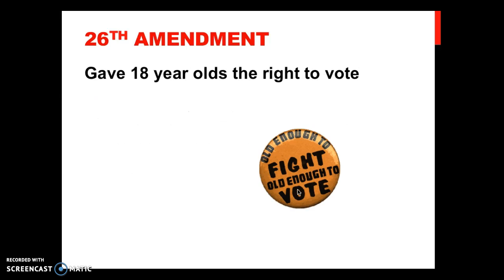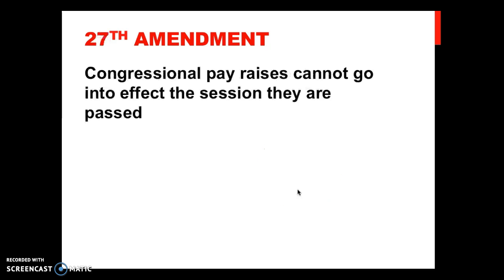26th Amendment, this came out during the Vietnam War. This basically gave 18-year-olds the right to vote. 18-year-old men were getting drafted to go fight the war in Vietnam. So the old theory was old enough to fight, old enough to vote. Makes sense. And lastly, the 27th Amendment